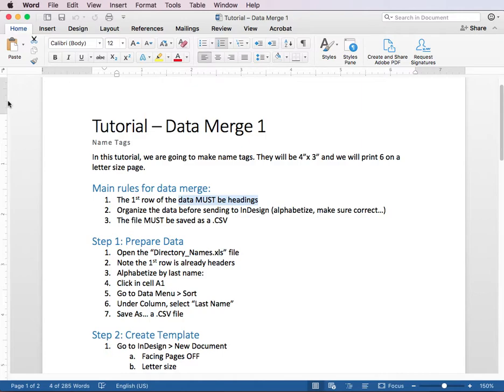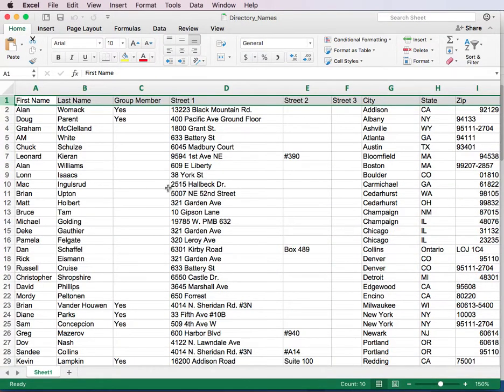And then the third rule is to save it as a CSV file. That stands for comma separated values. So that's a special format for data. So when it comes to organizing the data beforehand, for instance here, the last names are not alphabetical. I would like them to go alphabetical by last name,